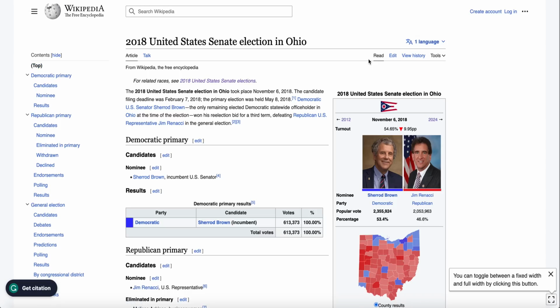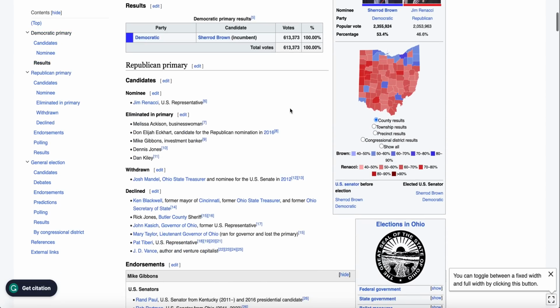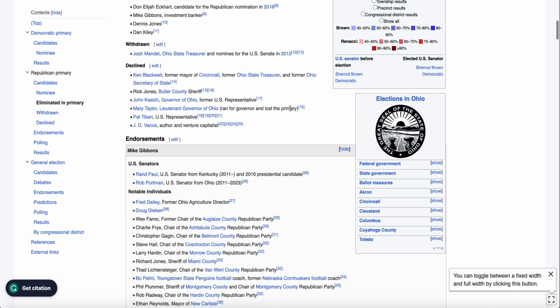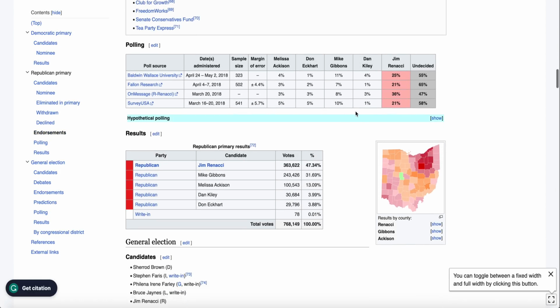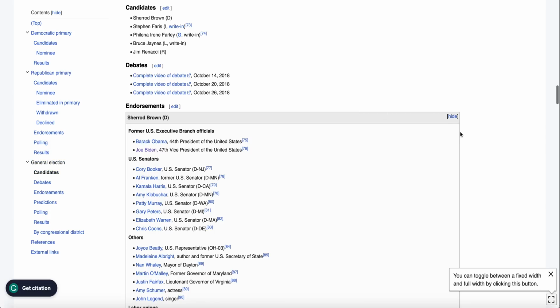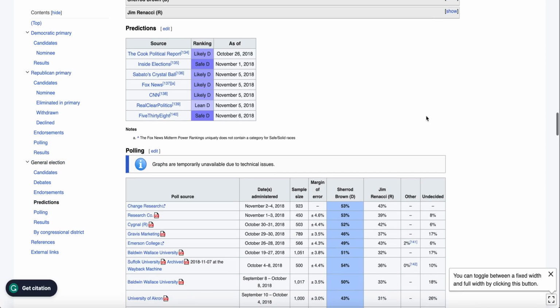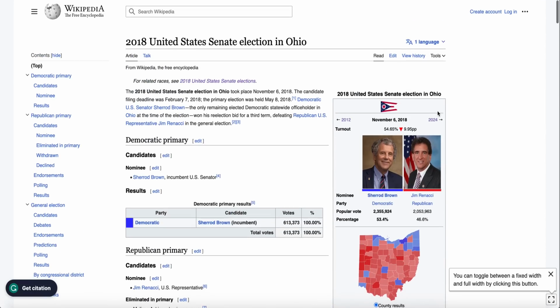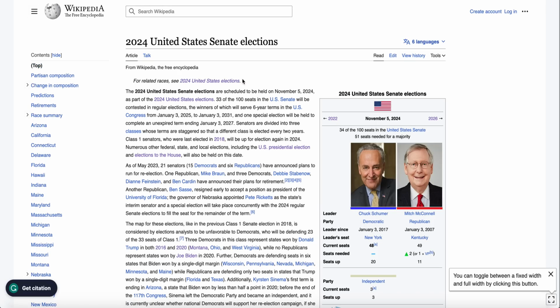And one thing that I would say should worry Democrats about the 2018 Senate race in Ohio is that Jim Renacci, or if I'm saying it incorrectly, please correct me. I remember saying it 6 years ago and I said it wrong. So if I'm wrong about this, please let me know. But he did not campaign to the extent that many people were expecting him to. He did not get into this race, and the expectations and the polls were significantly higher for Sherrod Brown, and yet Republicans turned up and turned out in the Ohio Senate race.